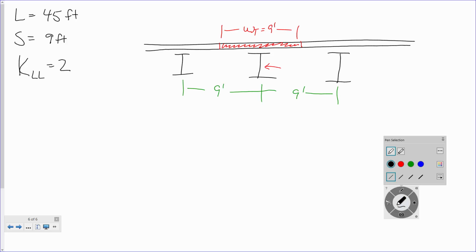So now that's its tributary width. Its tributary area is just the tributary width from an area perspective. In other words, the width times however long that extends. And how long is that area going to extend? 45 feet. The beam's 45 feet long, so it's going to be responsible for 9 by 45. So 9 by 45, therefore,